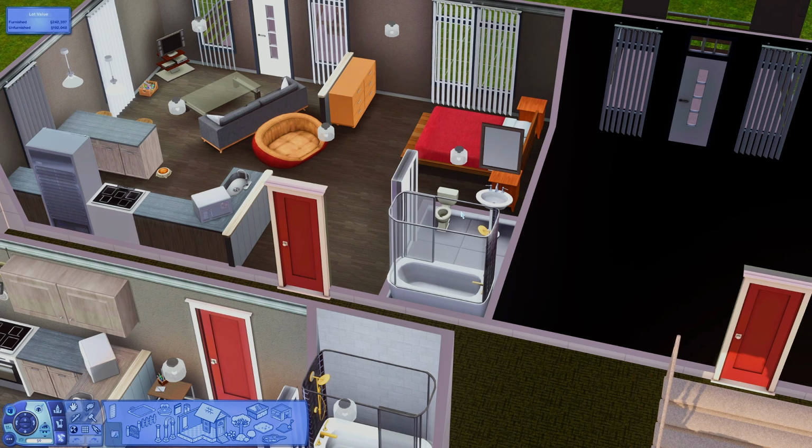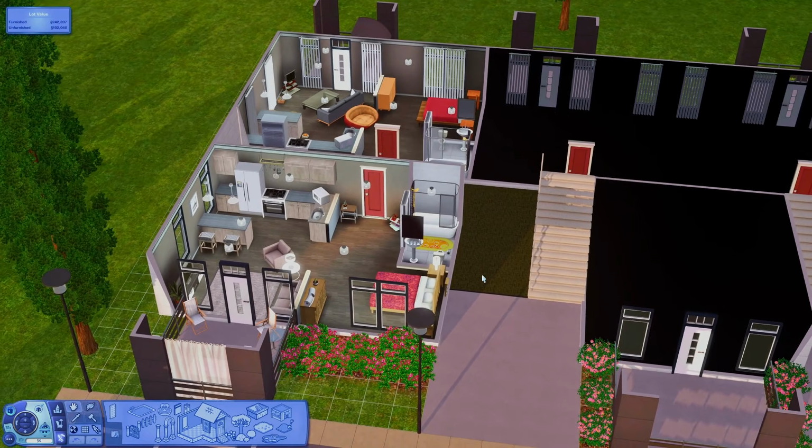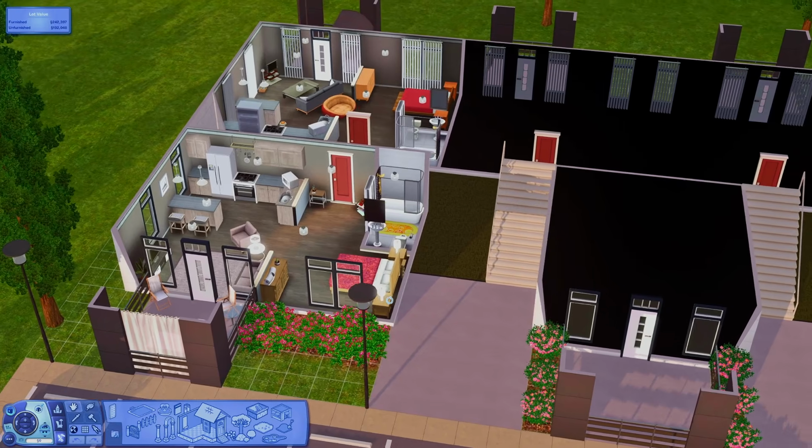So if you ever had roommates in The Sims 3 and you see them just walking and standing in the yard, that's why that's happening, and there is a mod for that to be fixed, and that's going to be linked as well. So once you have all those mods installed and you've built your apartment, you're going to go